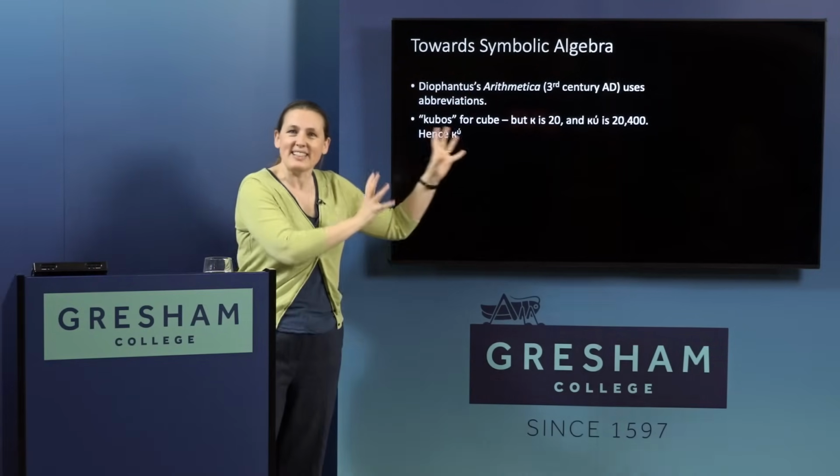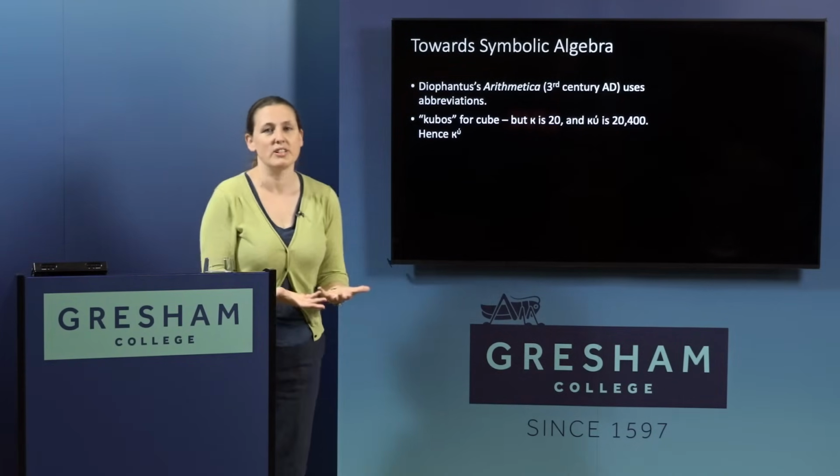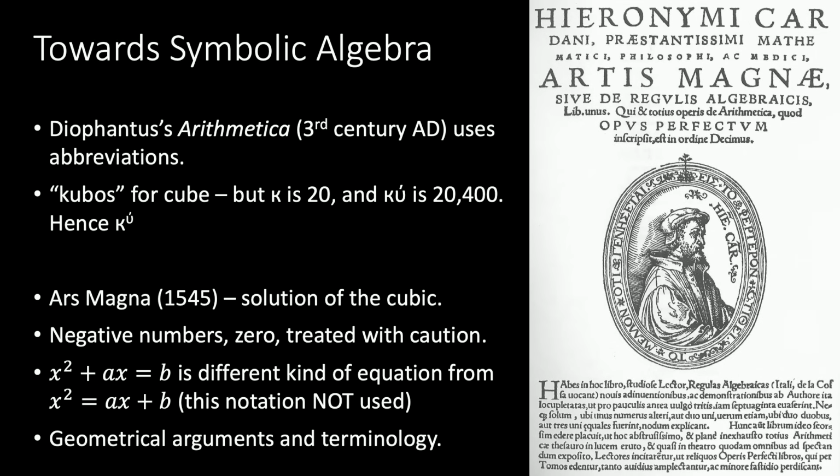So, because of all these issues, and abbreviations perhaps not really helping you much more than just writing in words, writing your mathematics and your algebra in words persisted and carried on for at least the next 1,000 years. And the beginnings of progress on this are in Renaissance Italy, where you've got people like Cardano. So he's very famous. He's written a book called Ars Magna, and in that book he explains how to solve